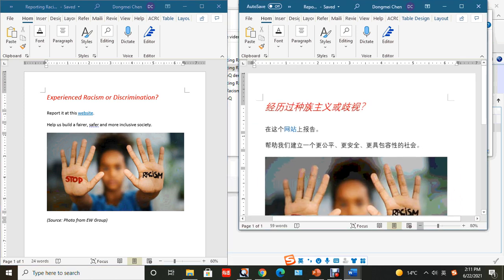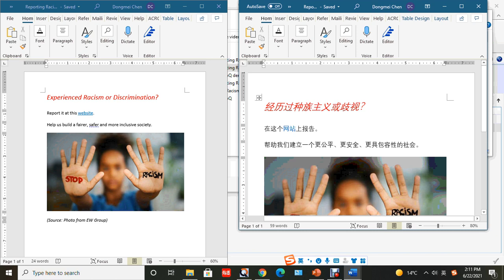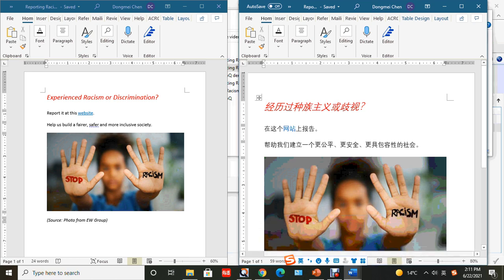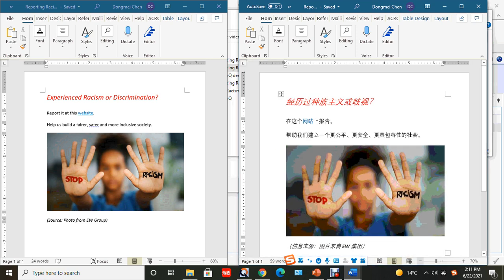And I'll do the same for this one. As you can see, from the left I have my English source document, and on the right I have my Chinese translation. You can see that the Chinese has maintained all the font size and the formatting of the text,